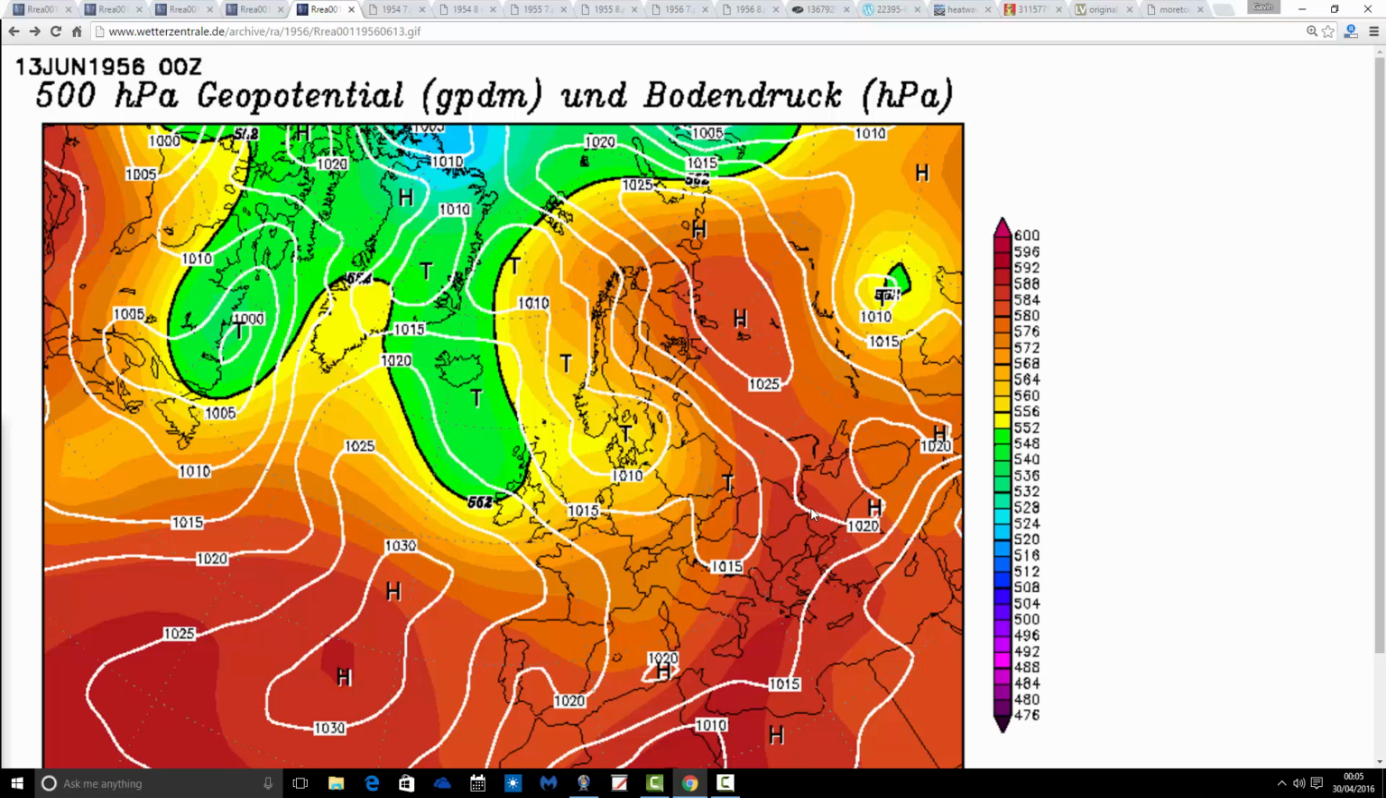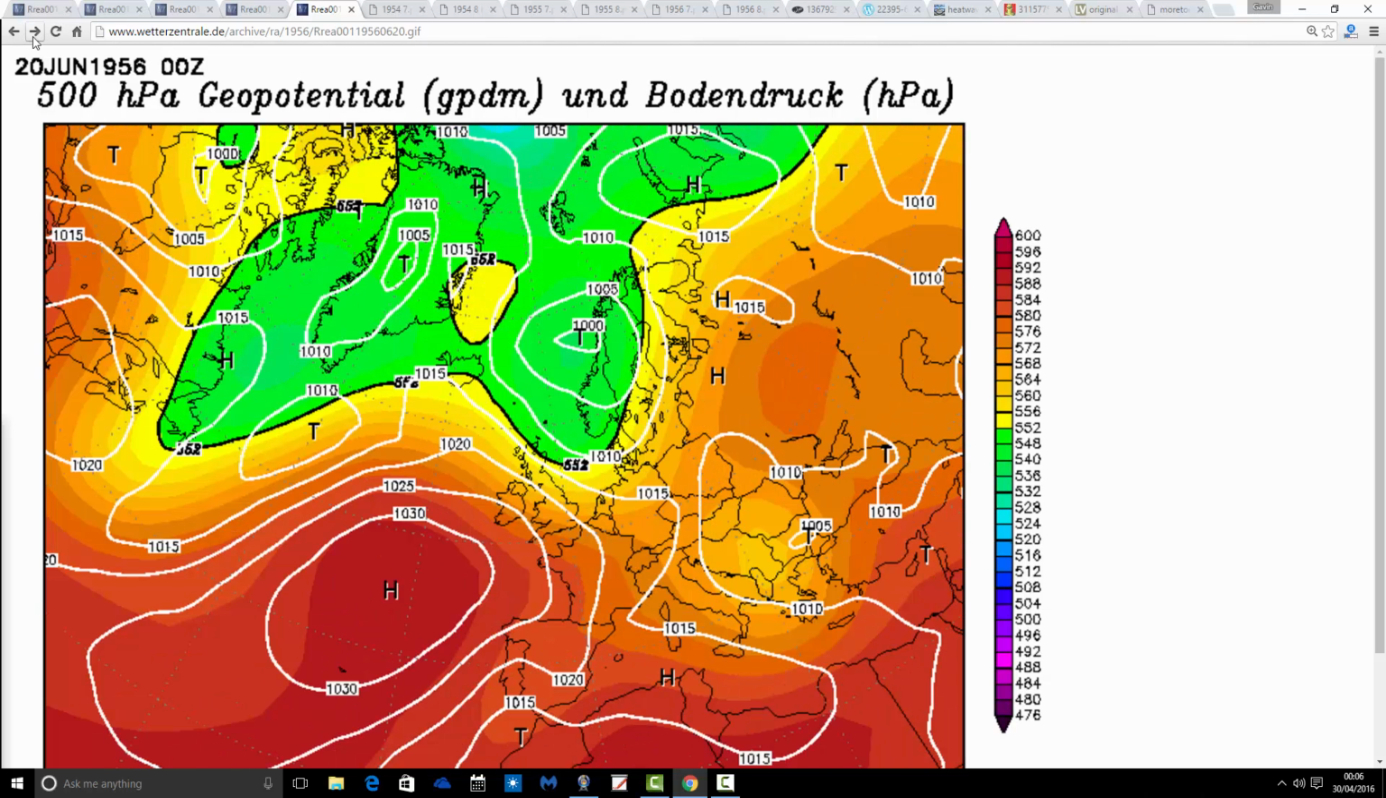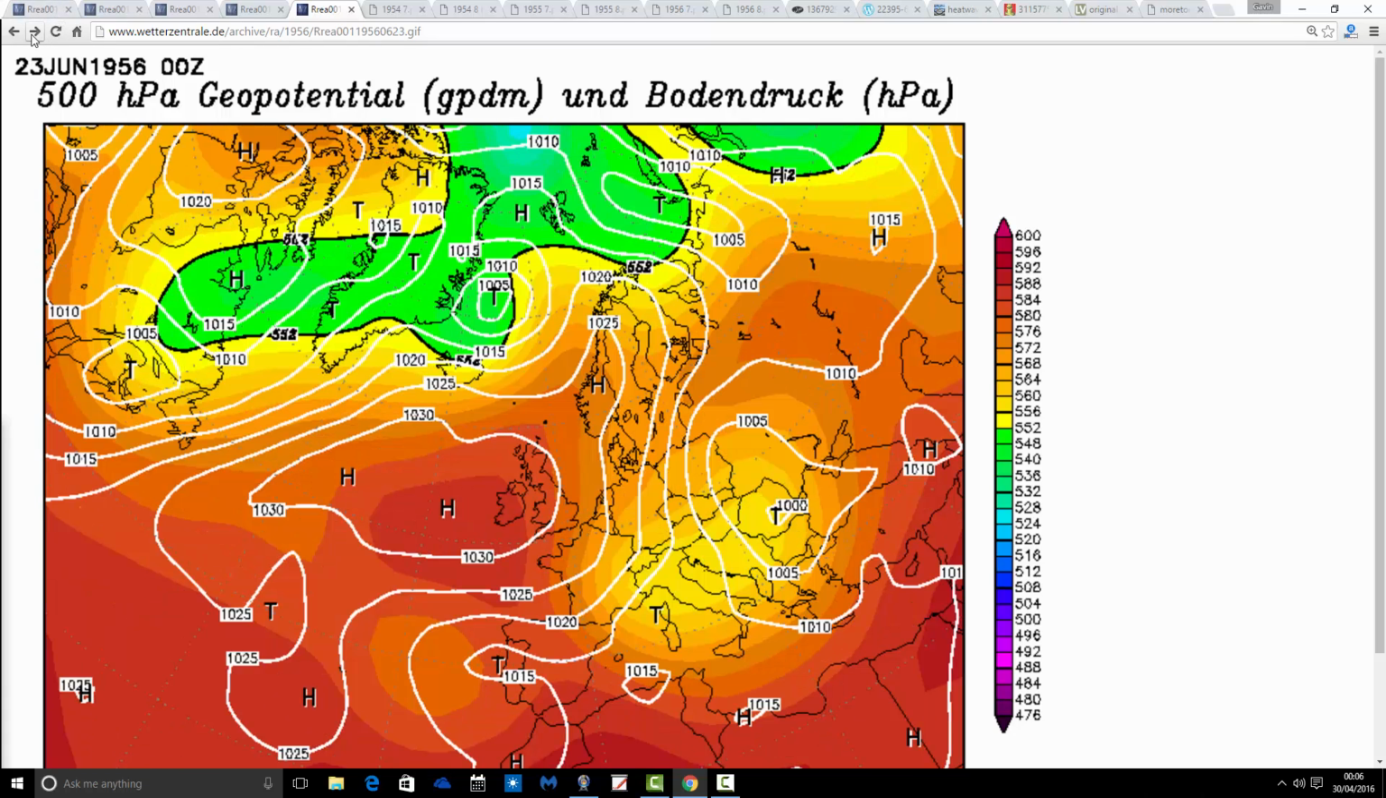That low pressure gets out of the way as we move through into the 13th, and then the weather starts to drive in off the Atlantic once again. And we have a sort of westerly month, to be honest. The Azores High is down to the southwest. It's trying to throw up these ridges, but it's all coming from the Atlantic